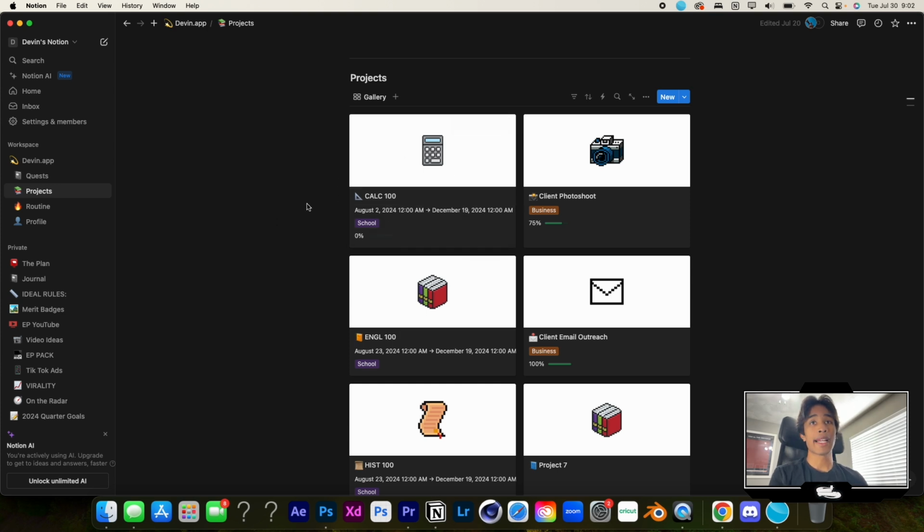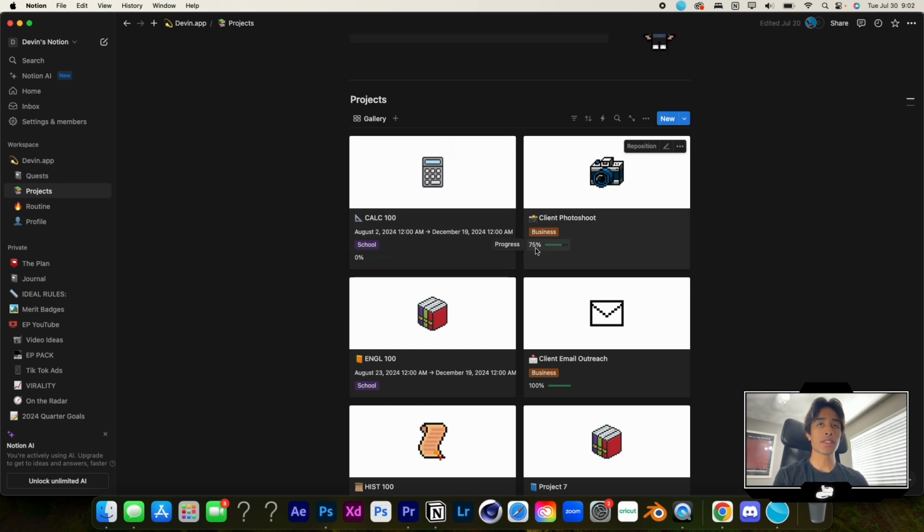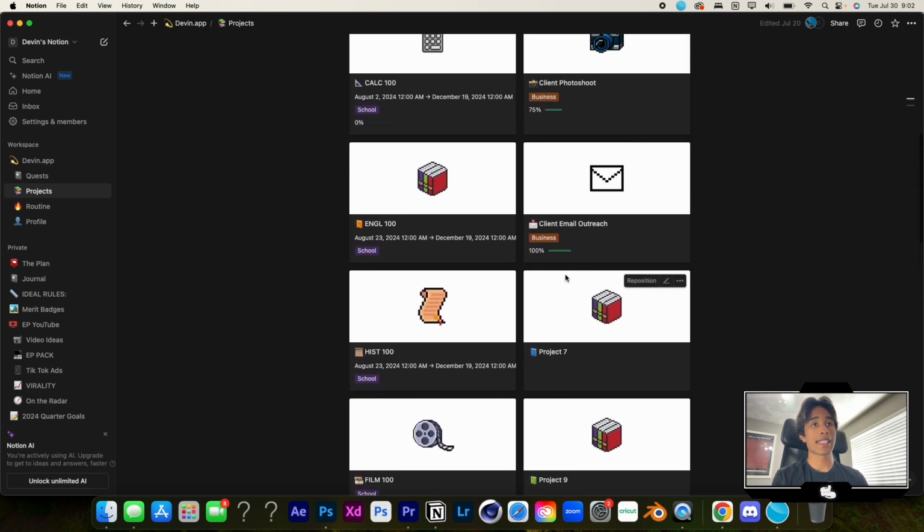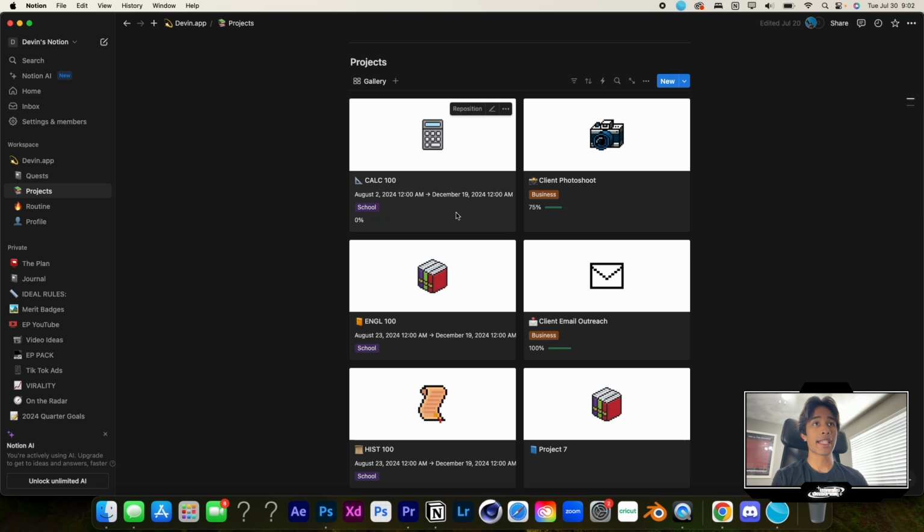And one cool thing you might notice off the bat is we have it divided into 2 sections, school and business. The business are the orange tabs and the school are the purple tabs. There's also progress bars for each project. So it shows you exactly how much you've completed on each project, which I think is a pretty cool feature as well. So right here, Calc 100, we are not done with this at all because I haven't started